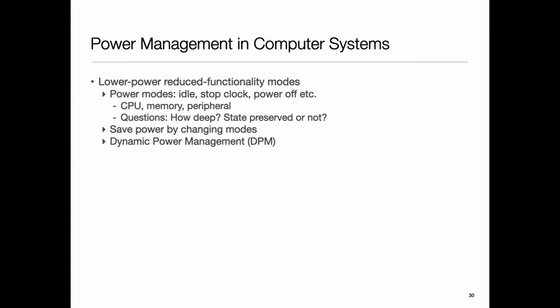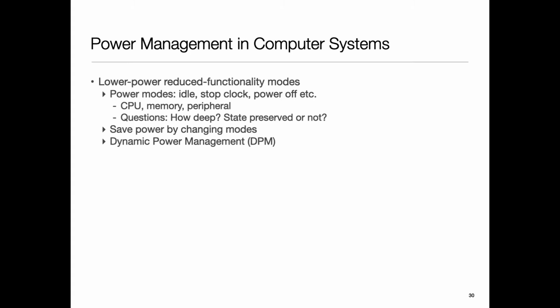I can even detect what data they are working with. There have been attacks which have extracted cryptographic keys using it. So power is a vector of attack also. So for the past 20 years or so, starting with just optimization of power to now worrying about security and these kind of things, power has been a good area for exploring projects. So the basic strategy tends to be save power by changing power state.